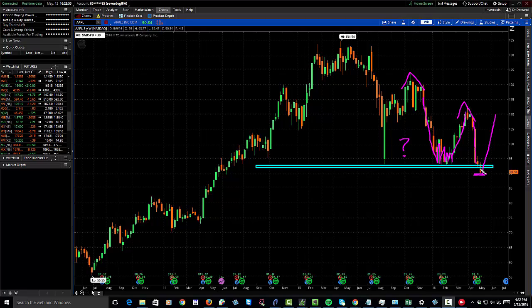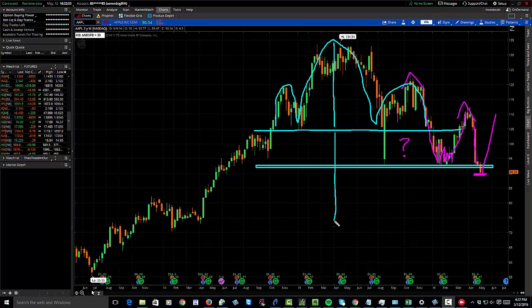Now, there's a couple of different ways that we can identify where that downside target would be. For instance, one of the levels that I've been watching throughout the last year or so was really this 105 level. Why the 105 level? Because this set up, yes, a head and shoulders pattern, right? So even though the head and shoulders pattern is not a very reliable pattern these days, the downside target is approximately equal to the distance between the neckline and the top of the head, which in this case is about $30. If we extrapolate that to the downside, that's going to be somewhere around the $75 level for the target.